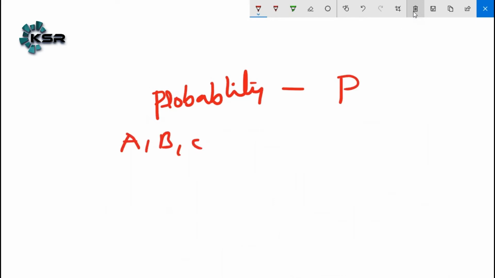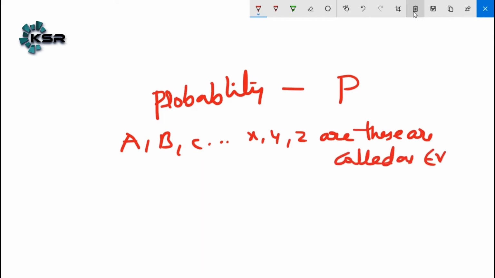A, B, C, and so on, X, Y, Z, these are called events. Anything it can be, capital A, capital B, small b, is called an event. For example, P of A means